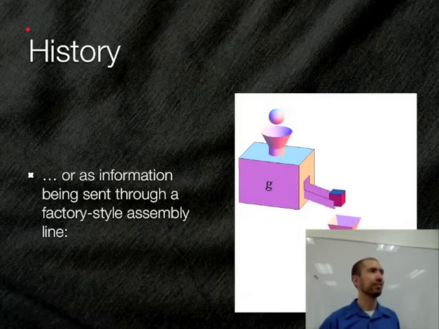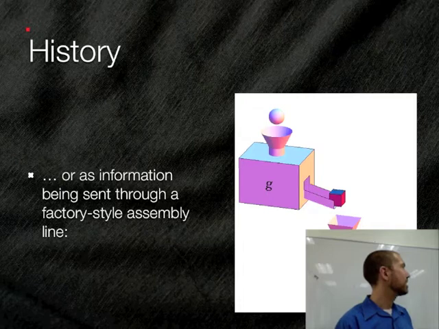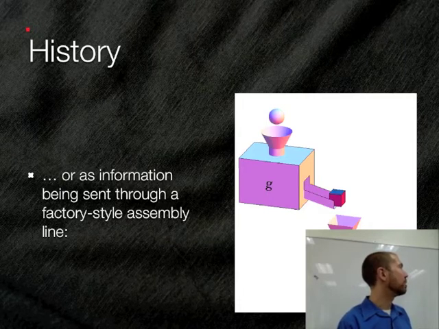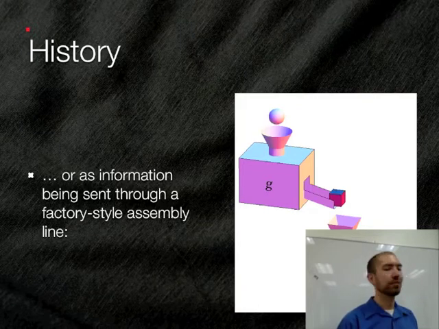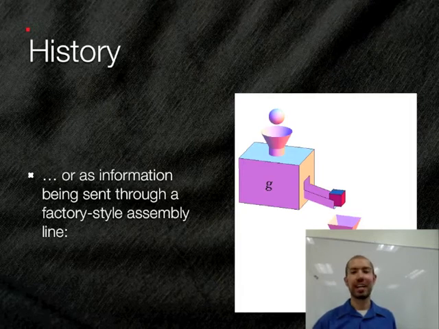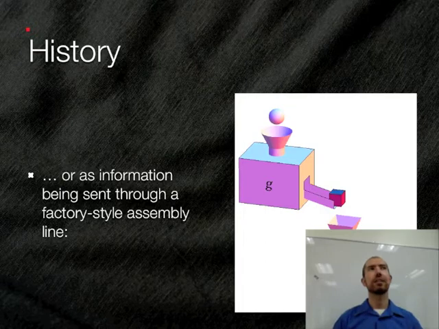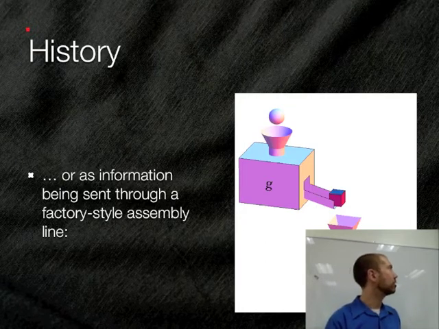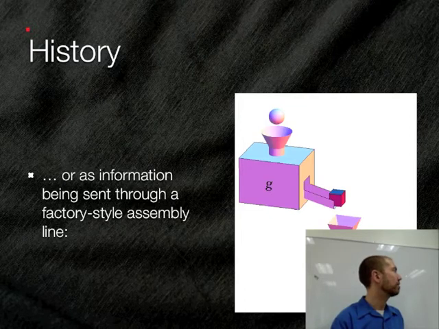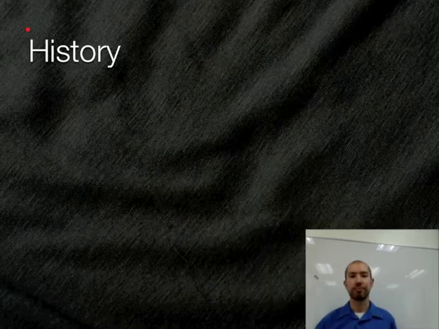Another way of visualizing these functions is like an assembly line, right, where you have some function called g, and you have some function called f, and you drop a ball into the mysterious g box, and it comes out a cube, and you drop the cube into the f box, and it comes out some weird 12-sided die or something like that. So the idea here is that it's a series of successive transformations of data, right? The data goes into a function, comes out transformed somehow. You plop that data into a new function, that comes out somehow, and so on and so forth, right?